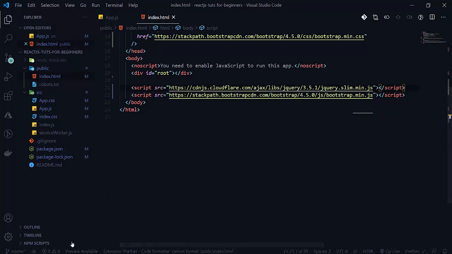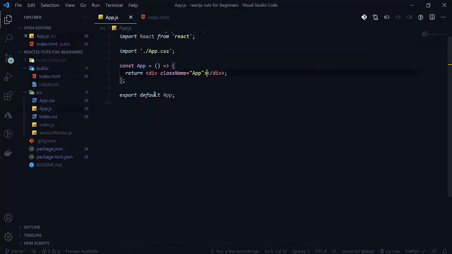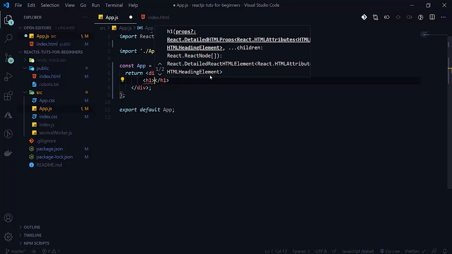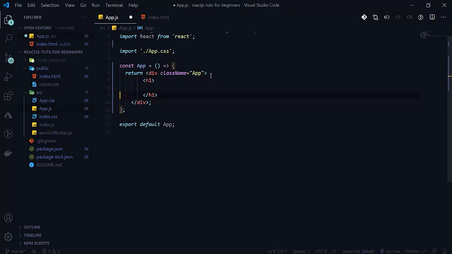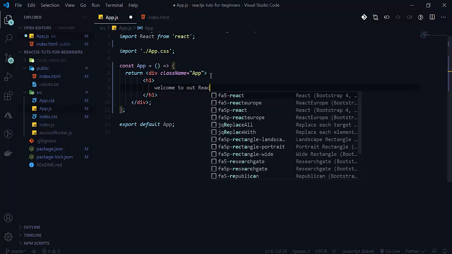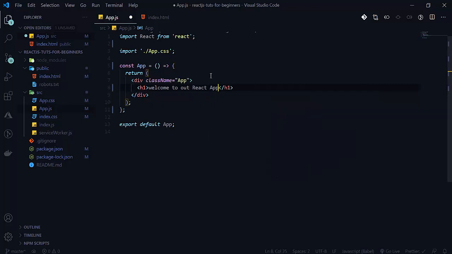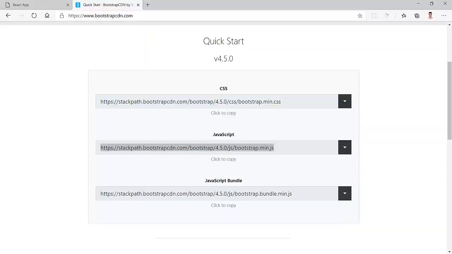Now save it. Whenever we write h1 here, there will be an effect. So let's write h1: Welcome to our React app. Let's go to our React app.